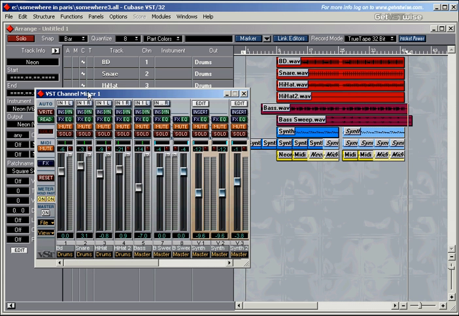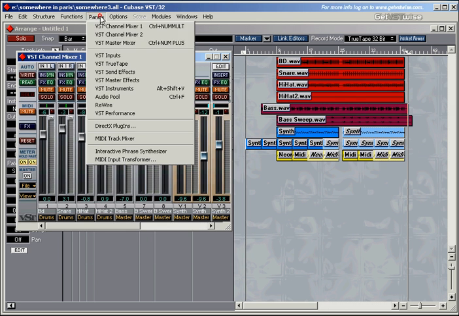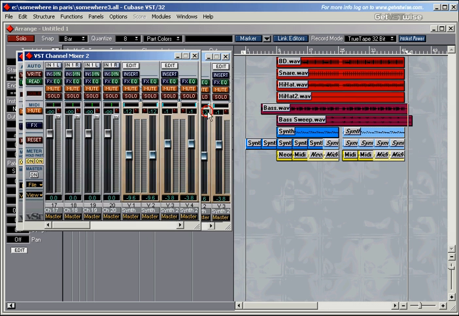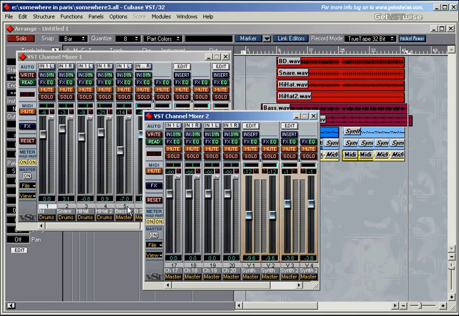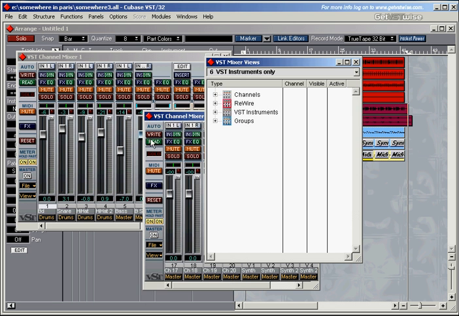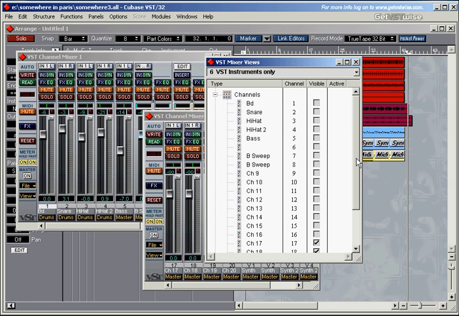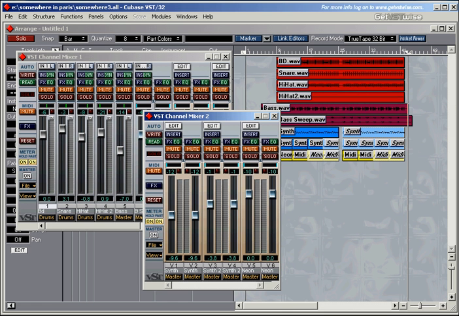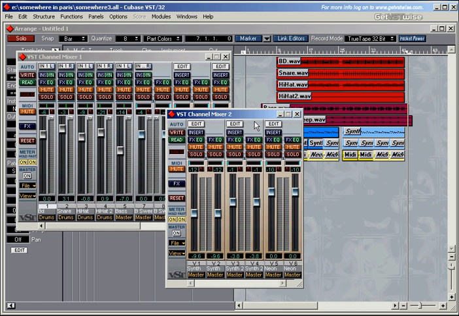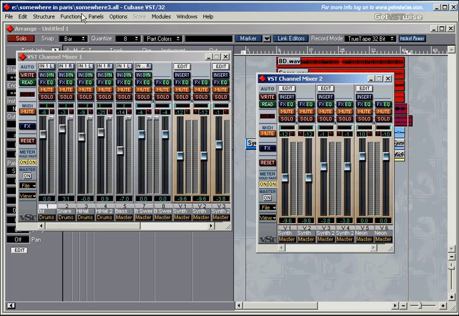Cubase gives you two channel mixers. This is channel mixer 1 and this one is channel mixer 2, which you could set up in a different way. You could use this one for the VST instruments only, for example. Go into the view, channels, and delete these channels. So this one is just for the VST instruments, and you can give this one its own keyboard command by